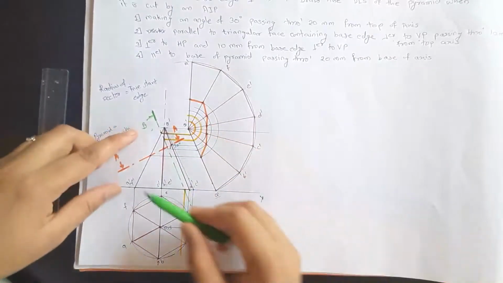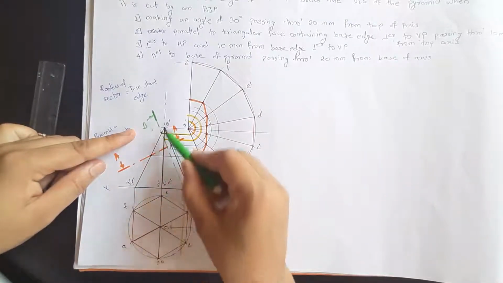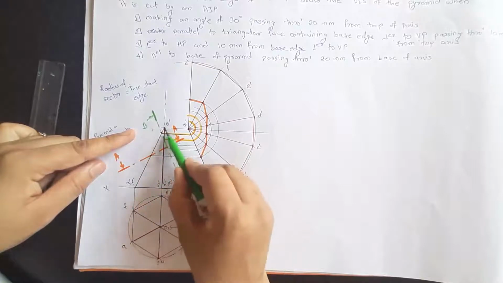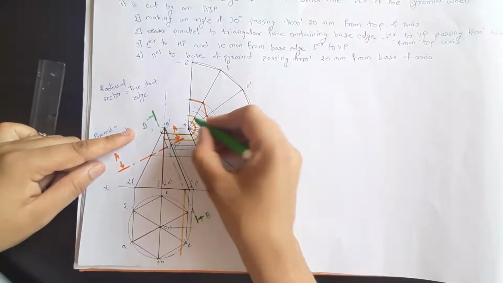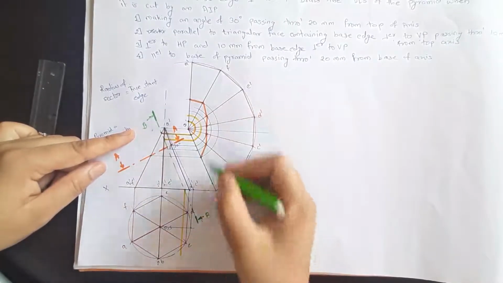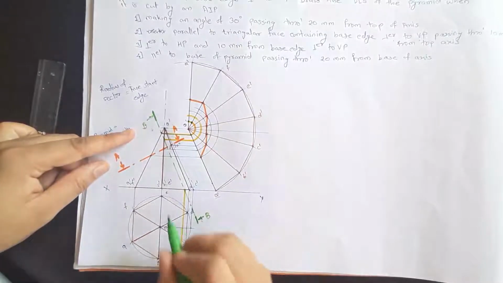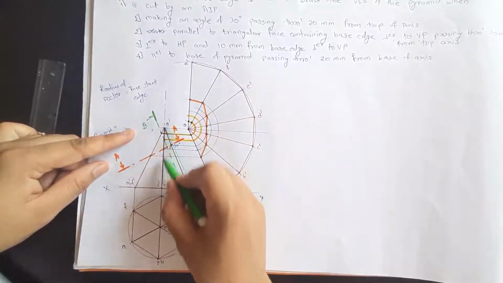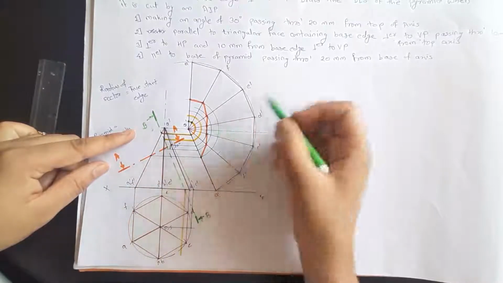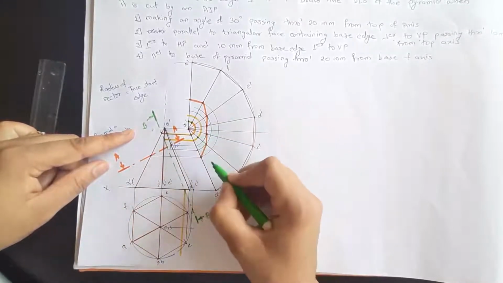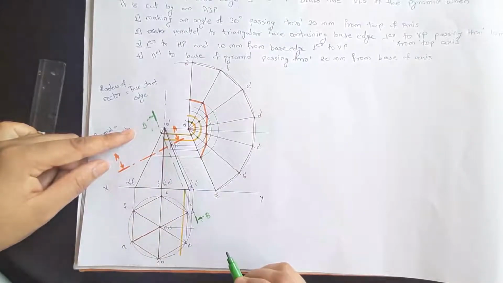Now here you can see that this cutting plane is cutting O dash A dash and O dash F dash. So let's follow it. So O dash A dash, this one is O dash A dash, this is also O dash A dash, and O dash F dash. So these are the 3 points. Now next one, it is cutting O dash B dash and O dash E dash by using this one. So O dash B dash and O dash E dash. So these are the 2 next points.